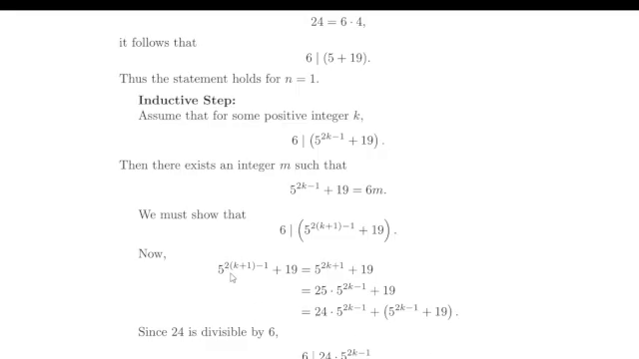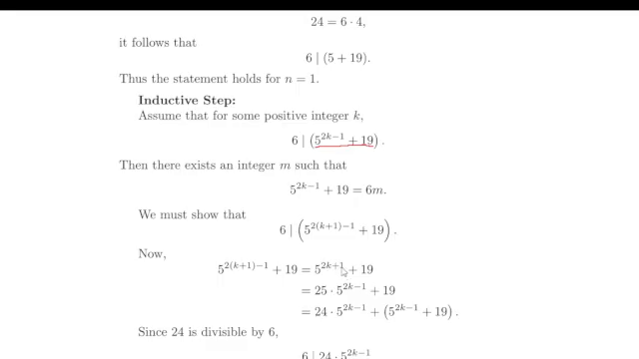So we have 5 to the 2 times k plus 1 minus 1 plus 19, which, if you distribute the 2 and simplify, you get 5 to the 2k plus 1 plus 19. And we want to use the inductive hypothesis here. So we want to write it as 5 to the 2k minus 1 plus 19. But here I have 5 to the 2k plus 1 plus 19. So I can subtract 2 in the exponent